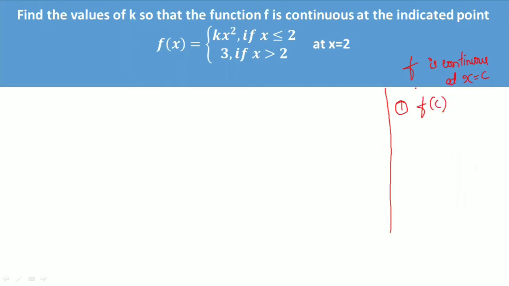They might have given you what is f of x. In place of x, replace it by the given real number, that is c, and check whether it is defined. Well, the first condition is this. The second condition is you have to check whether the limit of f of x as x tends to c exists or not. When the limit exists, students,